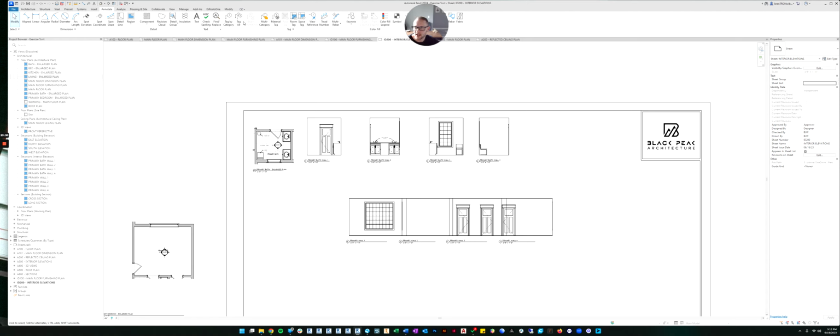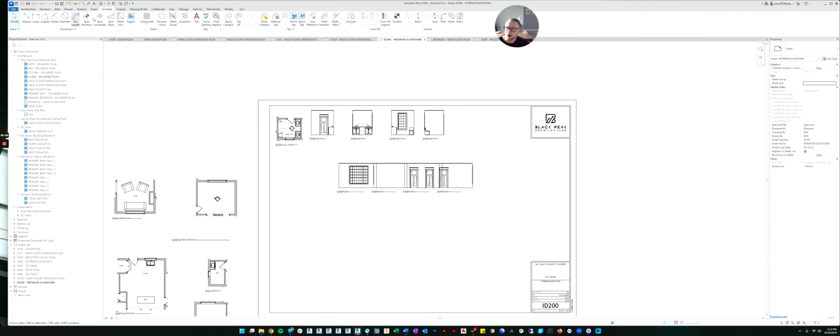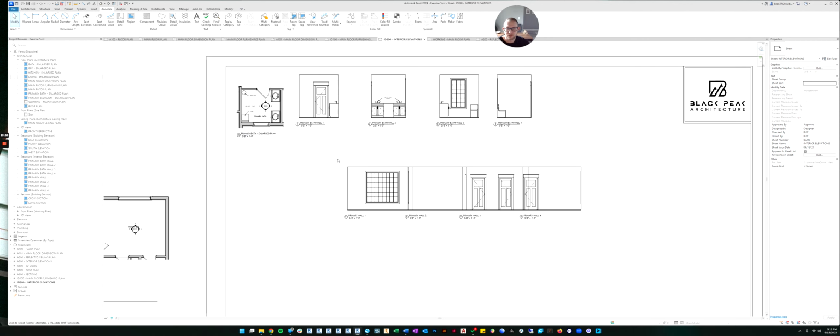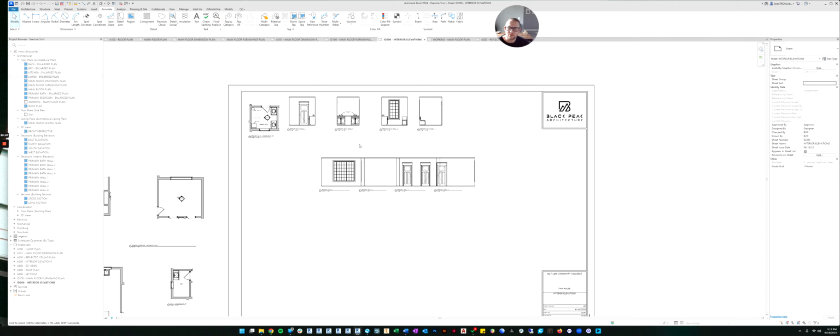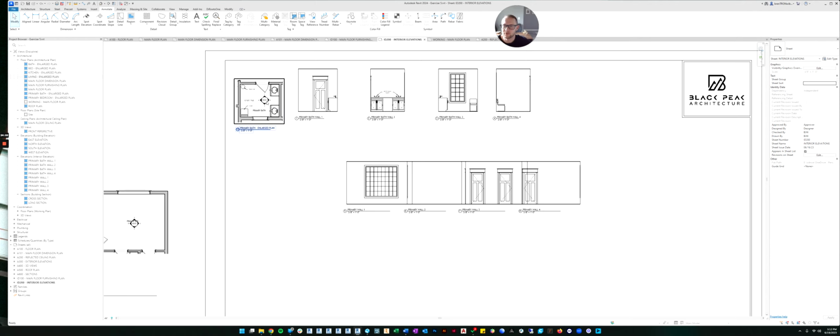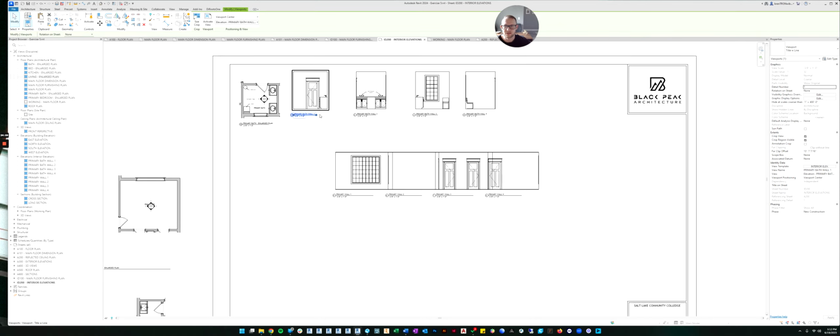If you look at the annotation tab, we've talked about text, we've talked about tags, and the rest of the stuff we probably aren't going to go into in this course. The detailed regions, the dimensions, and the detail lines are all things you would probably want to use fairly often. The rest of the annotations are probably for a more advanced class. So that probably concludes our annotating enlarged plans and interior elevations.